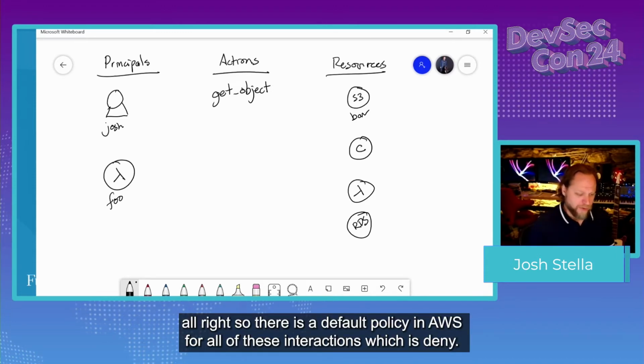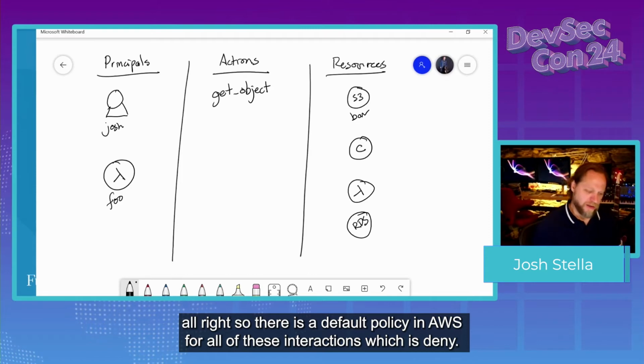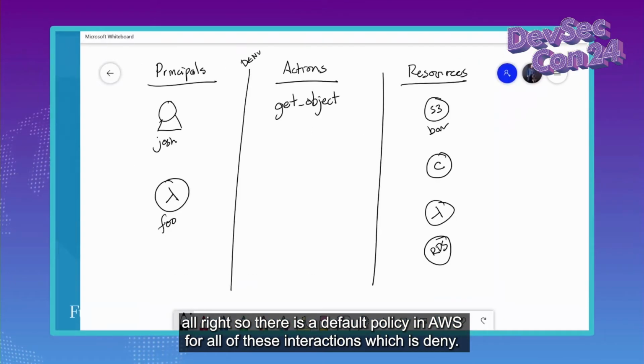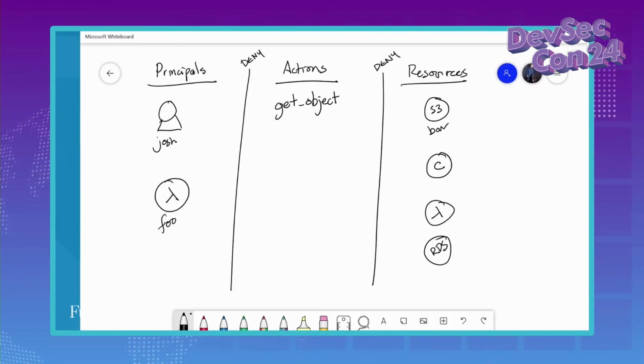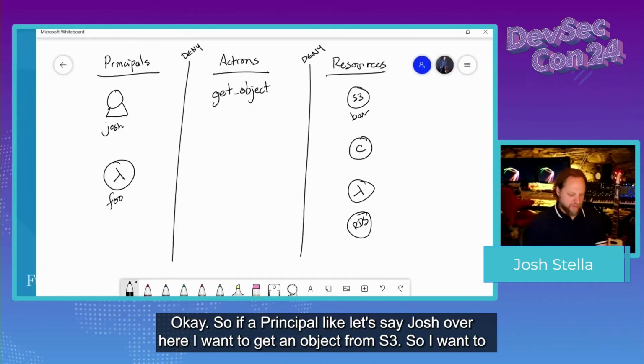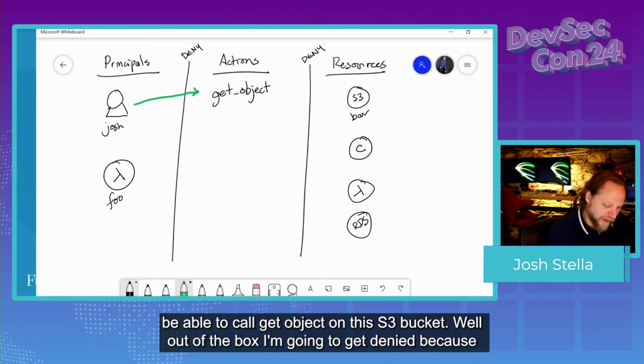All right, so there is a default policy in AWS for all of these interactions, which is deny. Okay, so if a principal, like let's say Josh over here, I want to get an object from S3. So I want to be able to call get object on this S3 bucket.